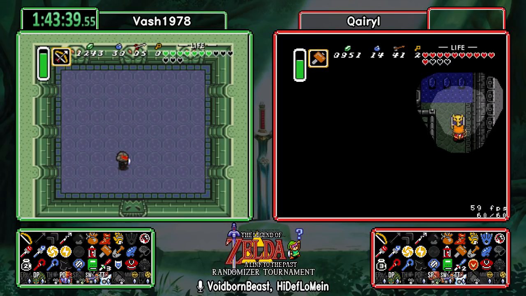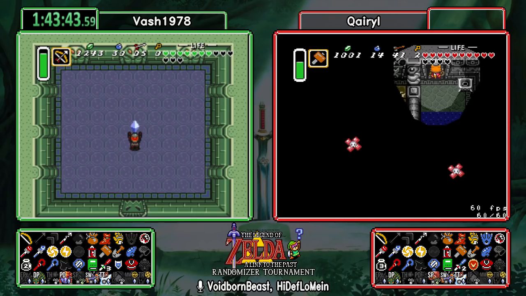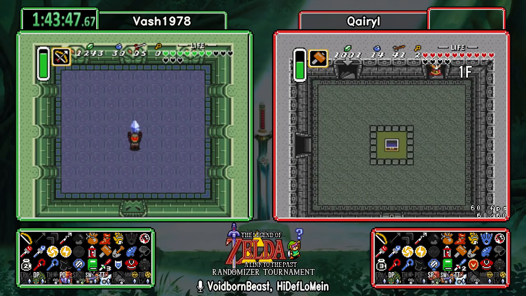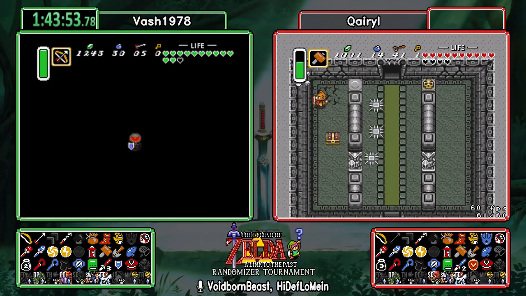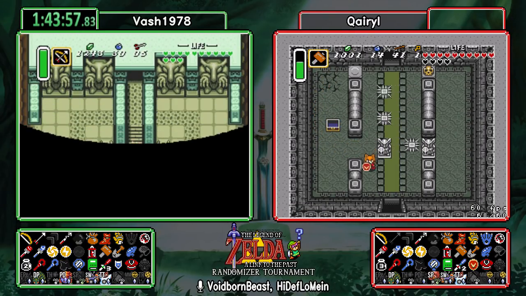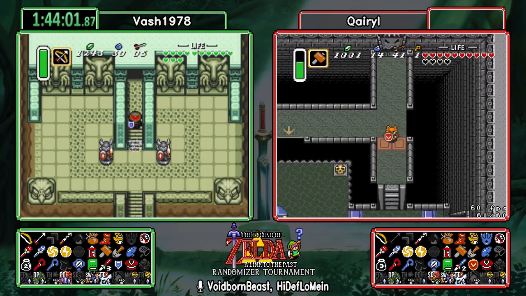Oh, of course. Why wouldn't Armos Knights have silver? Well, they don't have to worry about Silverless Ganon at all then, because they both need to get that. It would have been nice before Armos, so he could very quickly kill them, but...